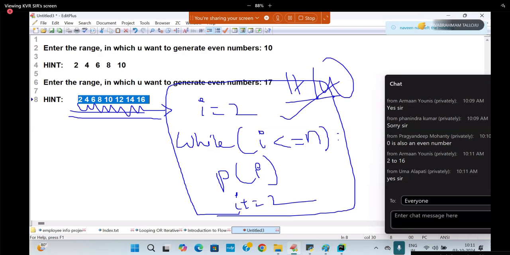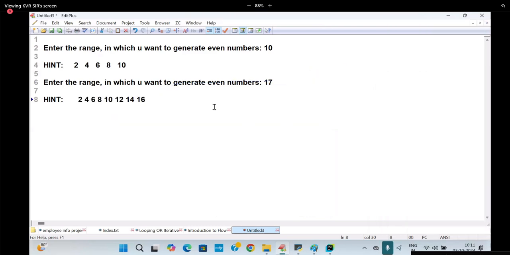Write a Python program which will generate